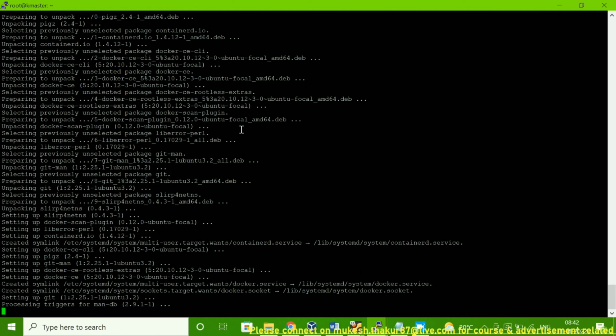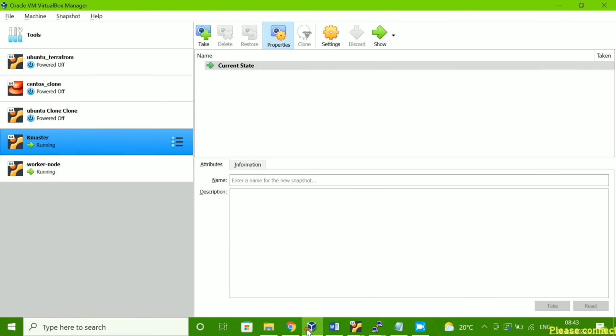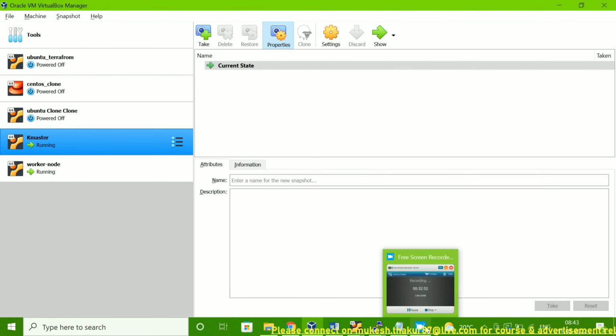Because on this laptop I have only 8 GB memory, and I assigned it to all the nodes, so that's why it's taking time. It's not really taking time, it's a little bit slow, I can say.